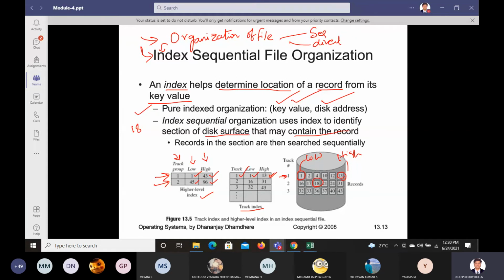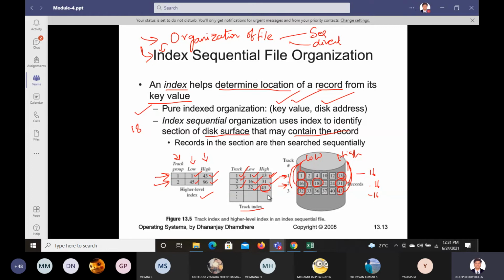Okay. Next, what they maintain is track 2. Track 2, what's the lower value? 16. What's the ending value? 31. So 16 here and 31 here. 16 is your lower value, 31 is the higher value. Okay, and track 3: you see here, 32 is the starting value and 43 is the ending value. These are random values; they are assuming it's like a 16 bit file, so they have taken them roughly. As an example, you can just try to take the values.